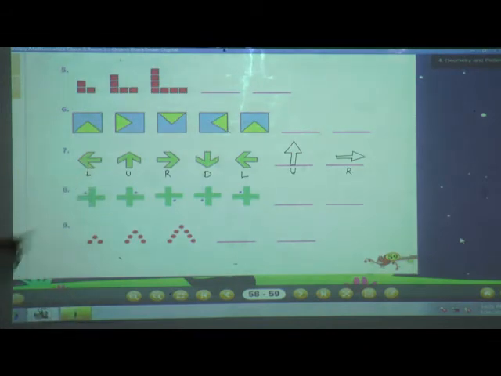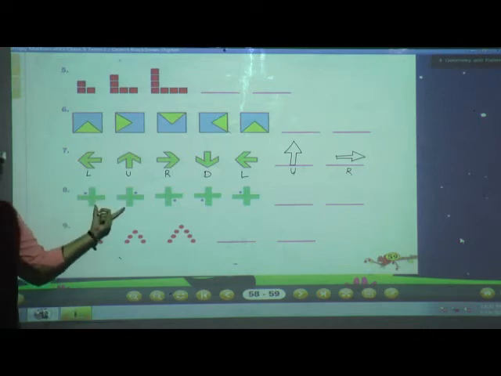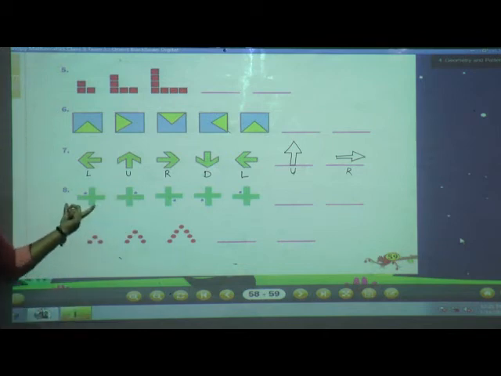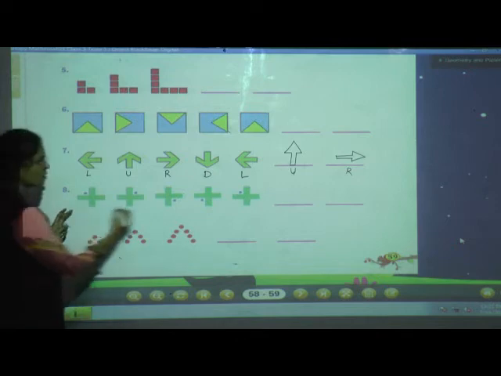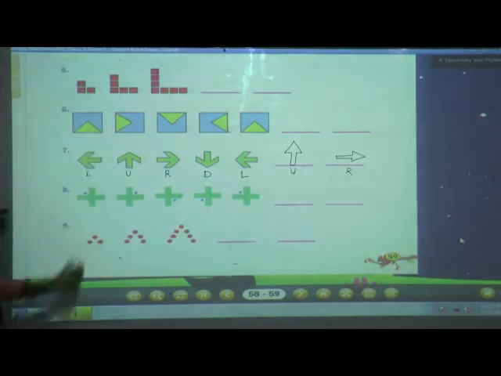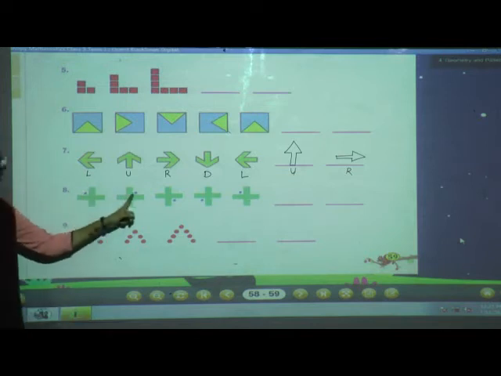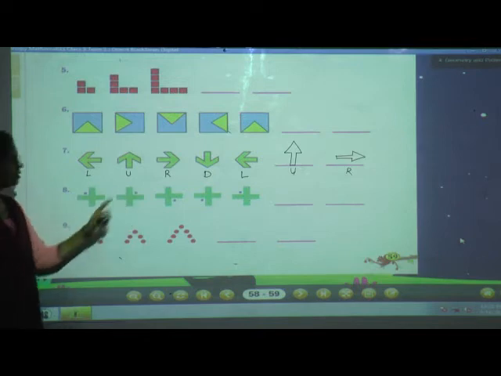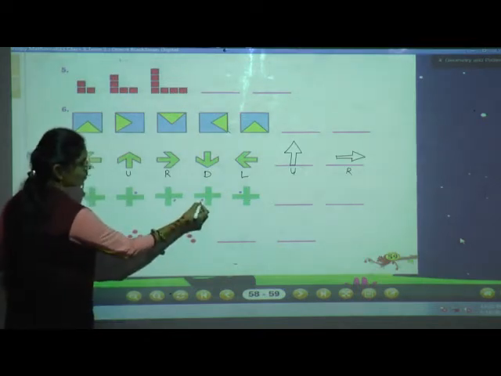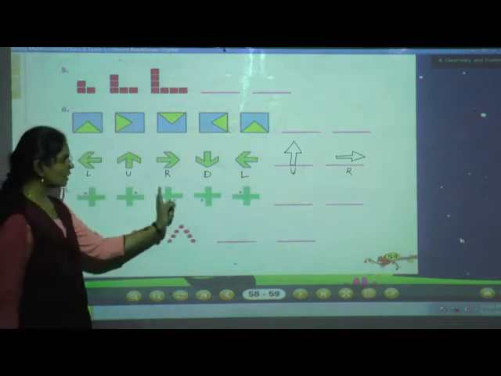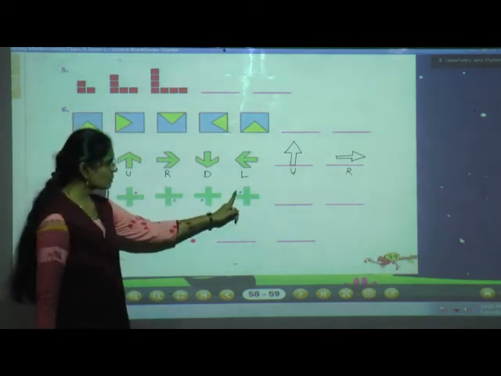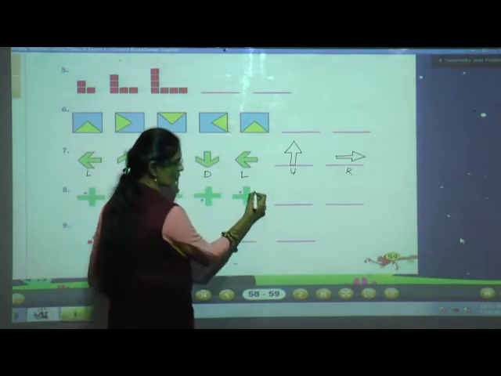Okay. Now see the next pattern is, the shape is like little bit plus sign. Okay, it looks like a plus sign and there is one dot is there. Everywhere the plus sign is there, but only we have to change the place of the dot. Here the place is here, then it will come to the this side, then it will come down side. Again the dot will come to the left side, then again it will come to the upstairs, and then now it will come to this side.